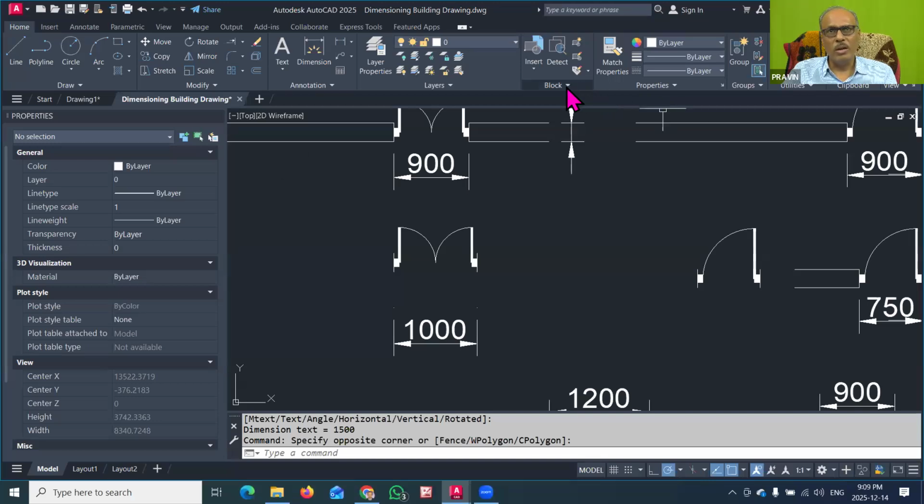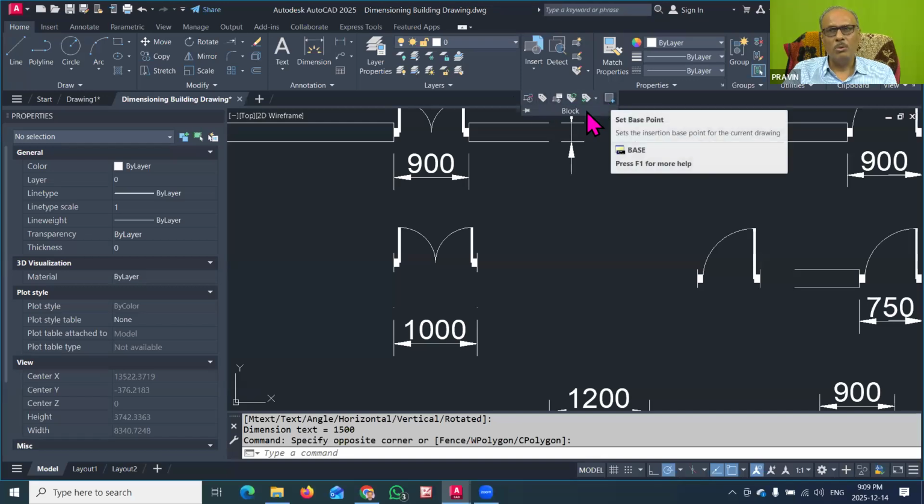So here you can find this is a block panel. We have already seen draw, modify, and this is the block panel. So in AutoCAD 25, there is a ribbon bar, and on that this separate panel was given. So this is the block command. Everything about the block command was given here.